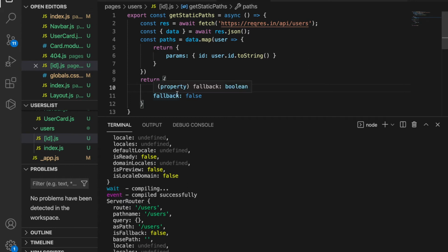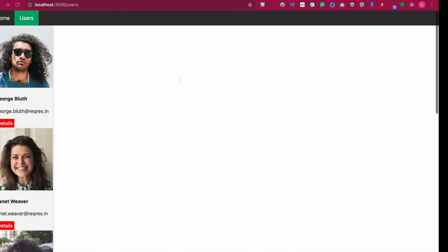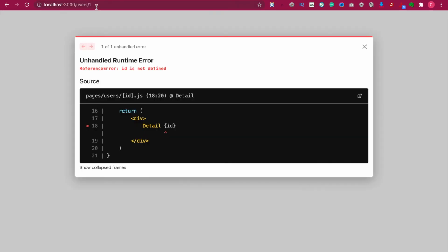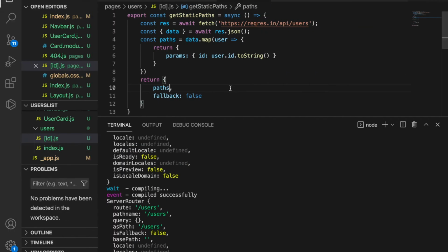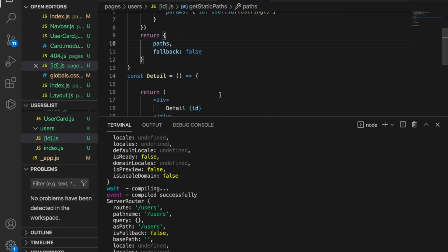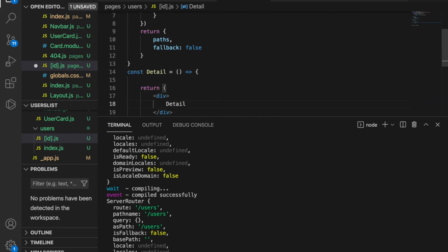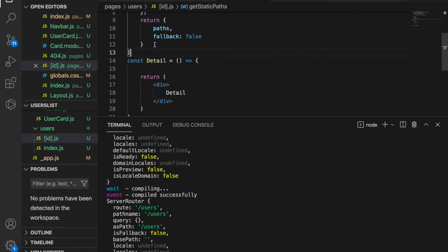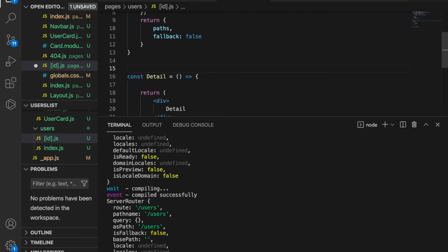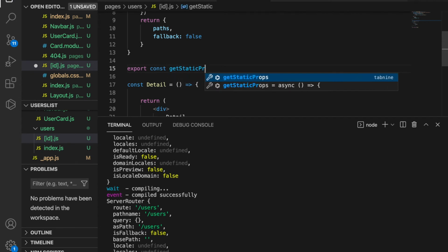Now after we already get the paths, we can then generate the HTML page based on the id. So you can get the id 1, id 2, and so on. So we continue. And first we delete this id because now we do not have this id. And after we use getStaticPaths, we have to use getStaticProps to return the props that can be passed into this component. So right after this, we type export const getStaticProps equal to async context, and the context is